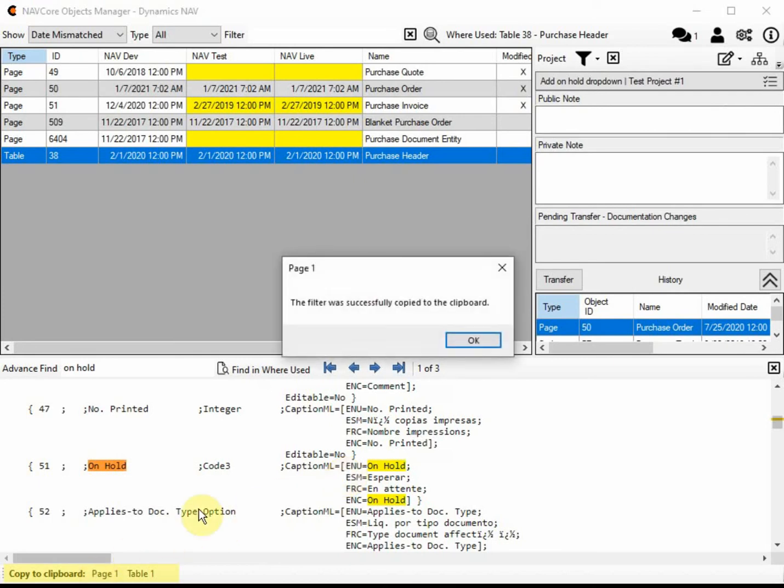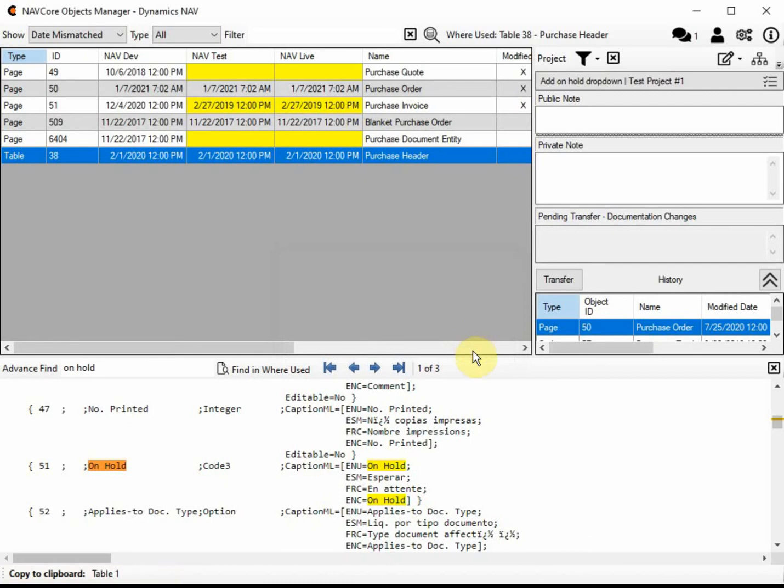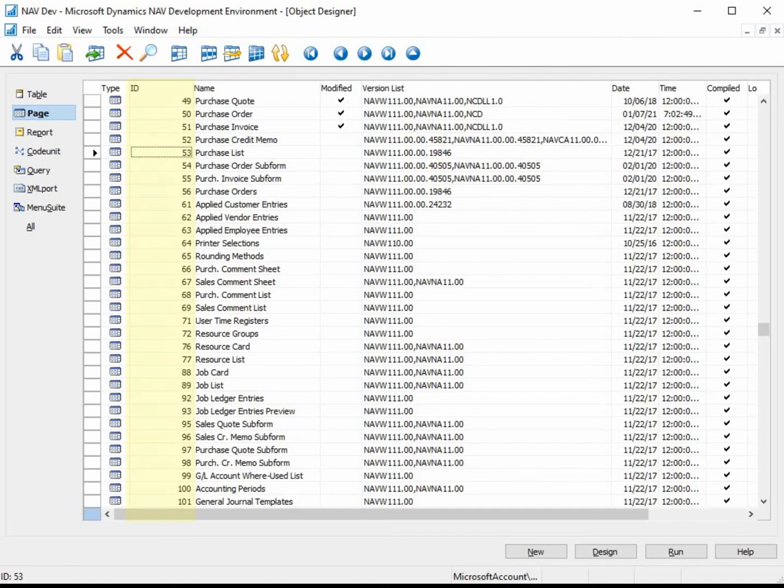All this really does is create clipboard values that you must then use to narrow the list of objects in the nav development environment by object ID. Since we are filtering by the object ID only, we must break them into different types of objects to filter. In addition, the filter can only have so many characters. Therefore, when there are too many objects, the application will break them out into different sets.